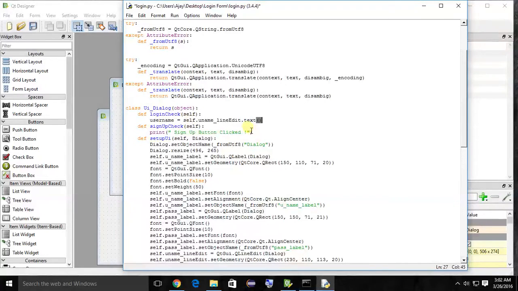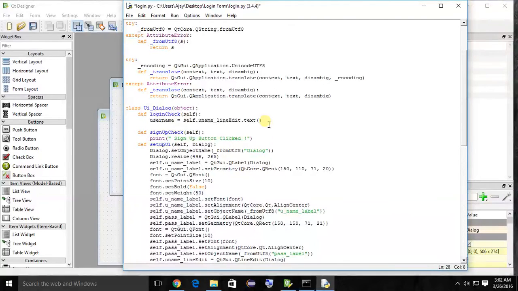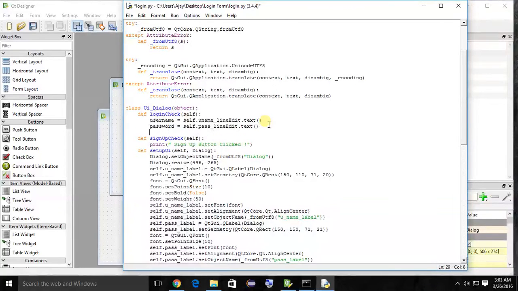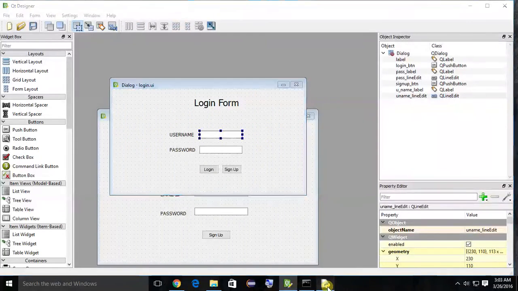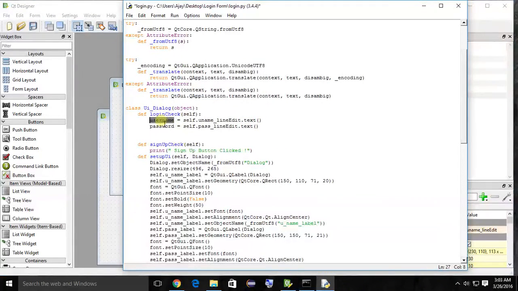The text method is used to get text from that line edit, and then password, same for password also: self.pass_line_edit.text. So we have taken the values from the text boxes into variables called username and password.